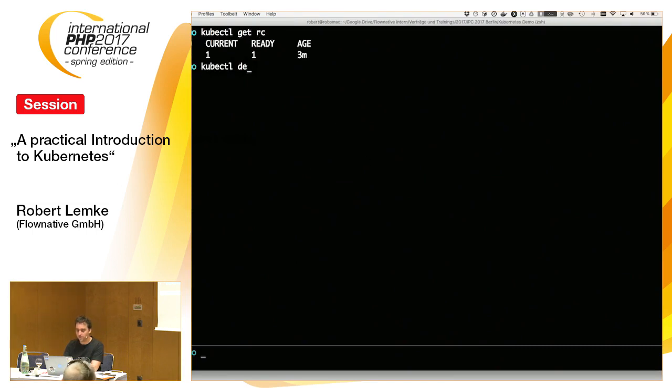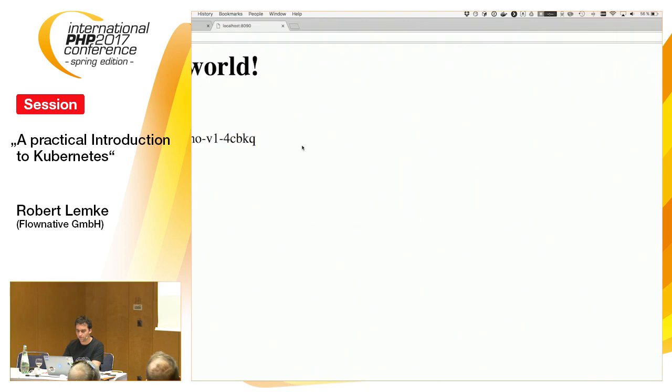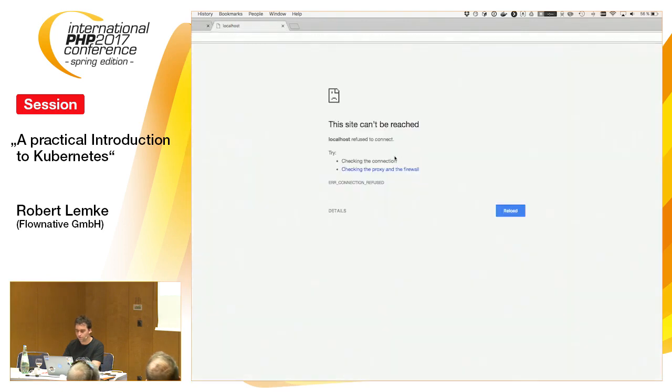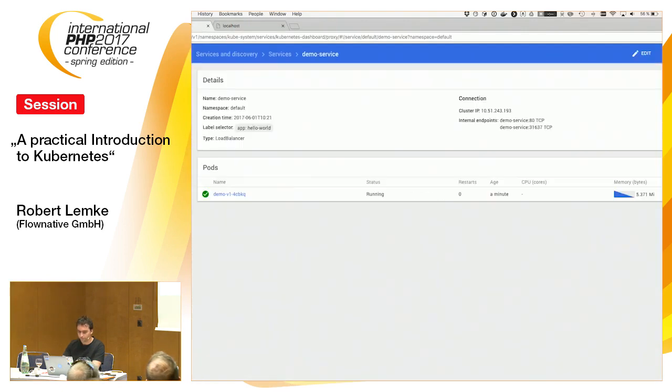I'll just delete this replication controller. Goodbye. Okay. So, and obviously this is now gone here.